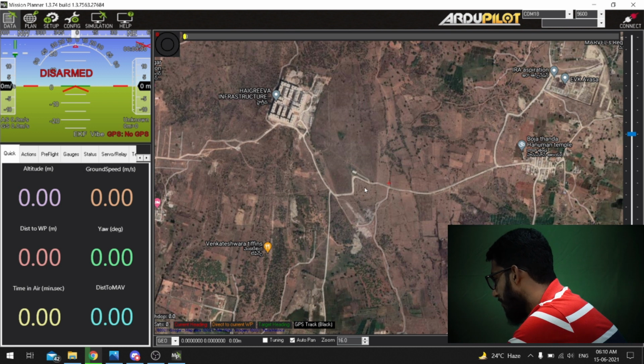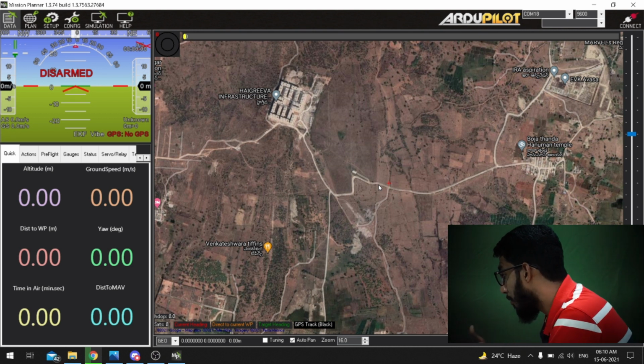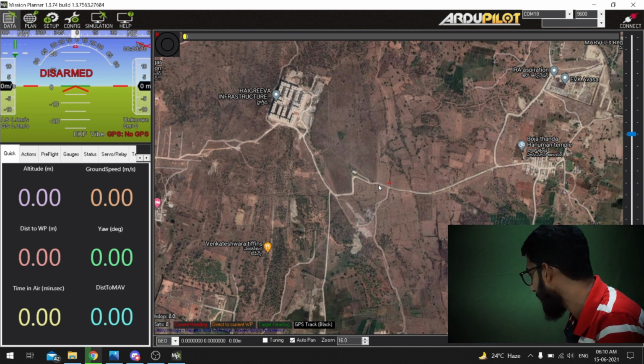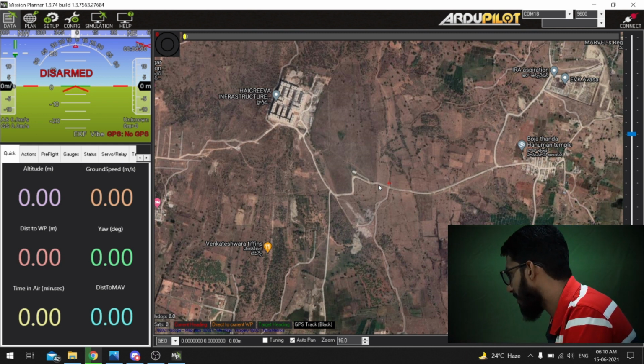This is the opening window of Mission Planner, and let's understand what this opening window is and what all you see. Many first-comers, people who are trying to understand and learn about Mission Planner, are confused. What are all these things? Everything is confusing, many values. Even I see a map, I see something designed.